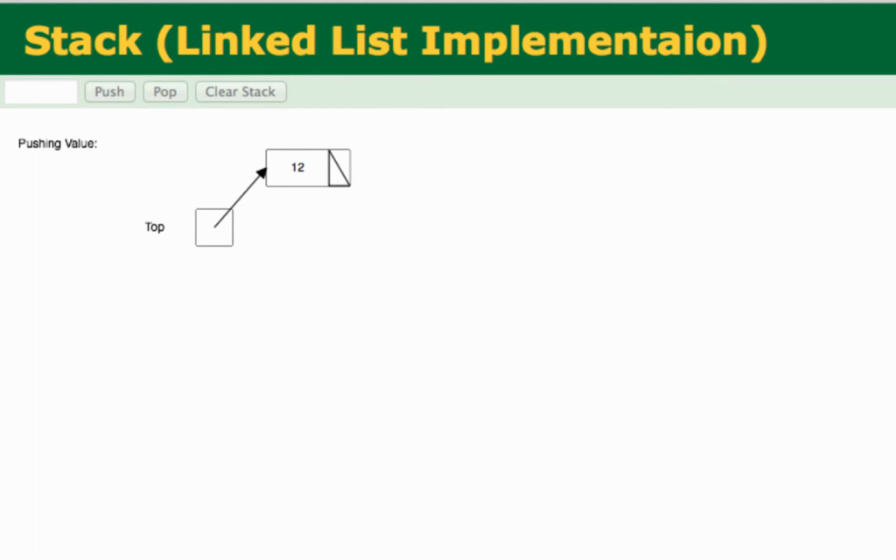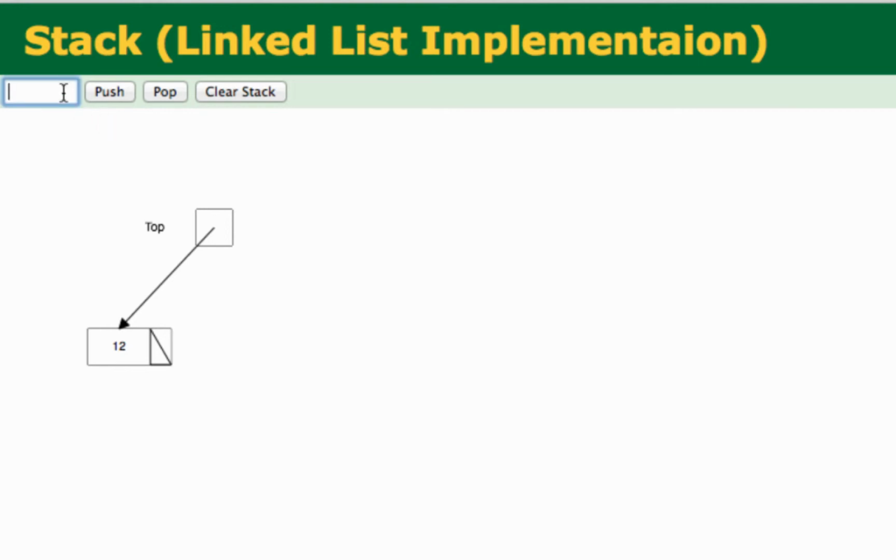So that's basically it. The node 12 is now pointing to null. That means the end of the list. So that's basically the stack as of now.